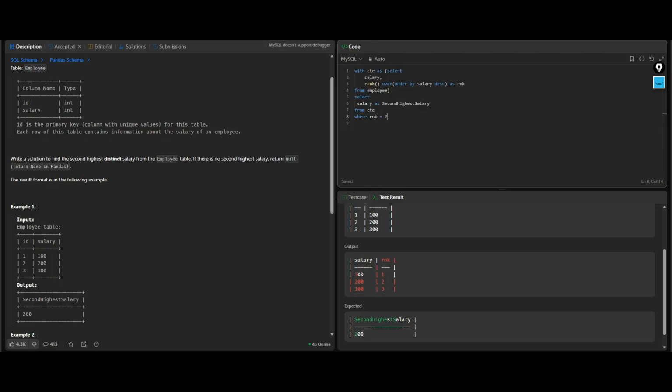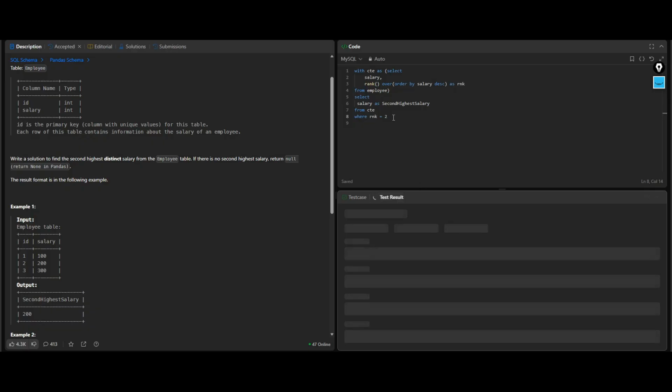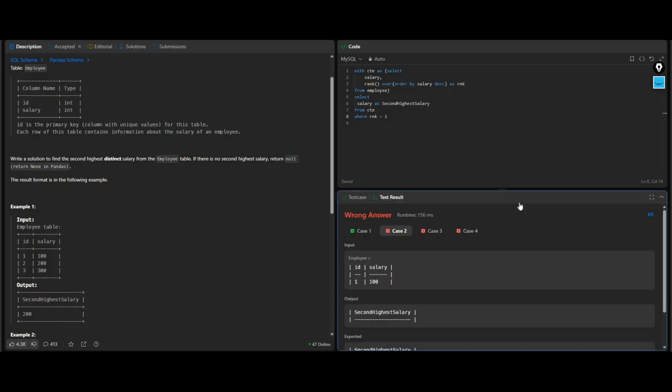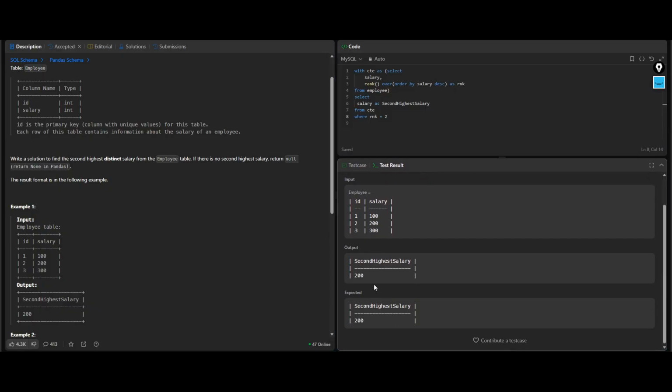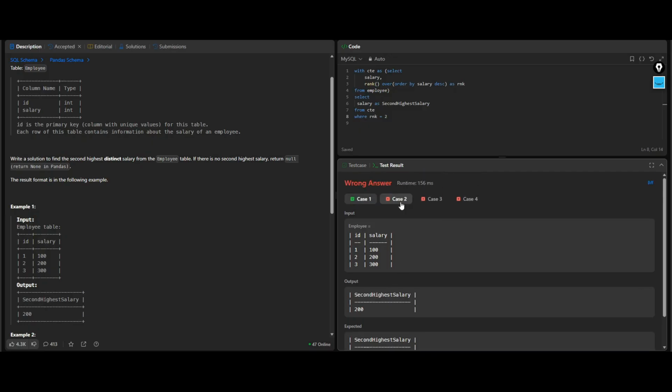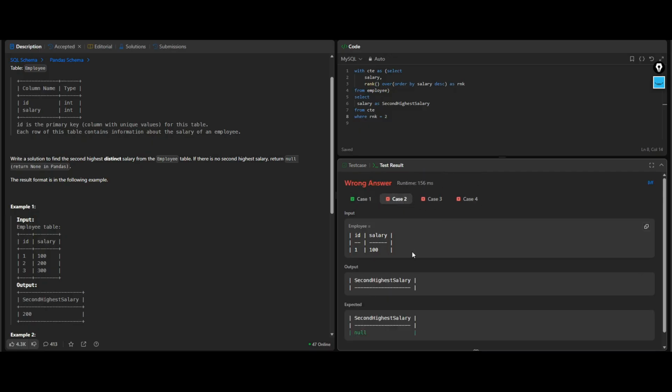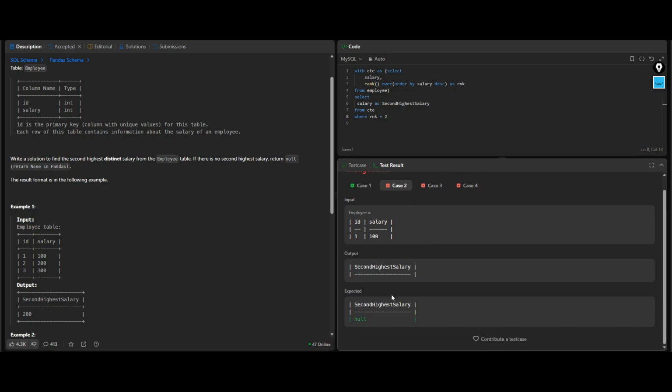Now we'll test it first. Test case 1 is correct, but cases 2, 3, and 4 are not giving the correct output. In case 2 we want null, but null is not there.